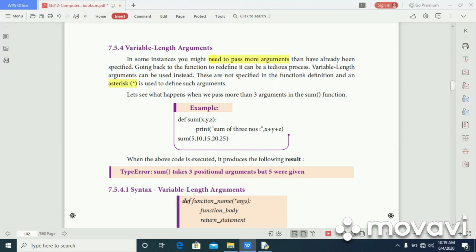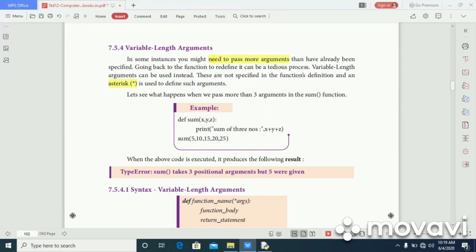For example, def sum(x, y, z): print the sum of three numbers x plus y plus z. But when calling, the value is sum(5, 10, 15, 20, 25). See here, the parameters are only 3, but when calling, the number of arguments is 5.